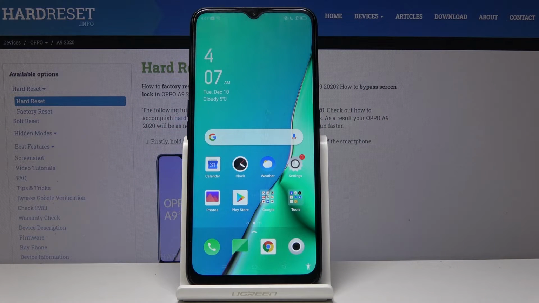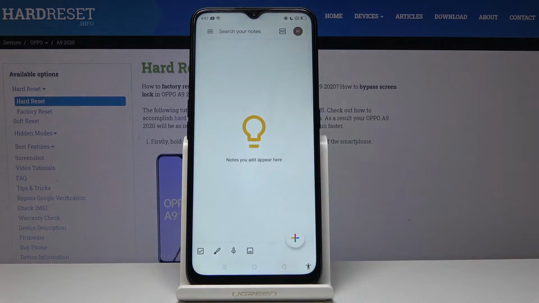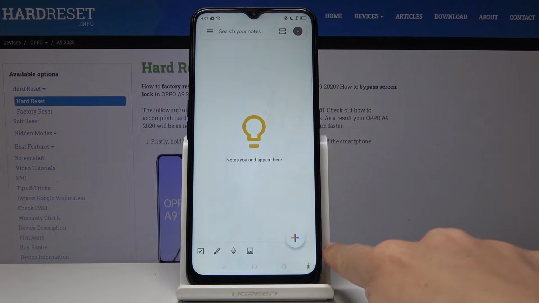Here I've got OPPO A9 2020, and let me show you how to add a note on the following device. So at the very beginning you have to locate Tools and open them. From the following applications, choose Keep Notes, this orange one, and now tap on the plus icon to add the